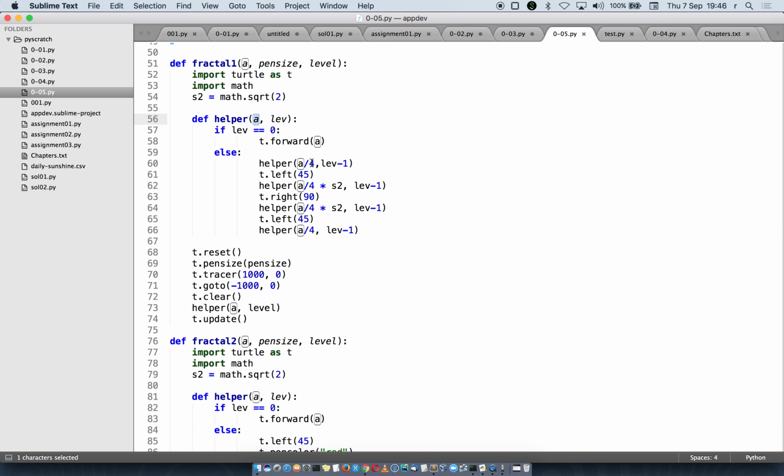All the time I'm trying to get a graph of the same size, so I have to look at how much I need to scale these segments. It's your choice, but what you typically want is to end with the turtle in the same place every time. So for the previous level, you do 1/4